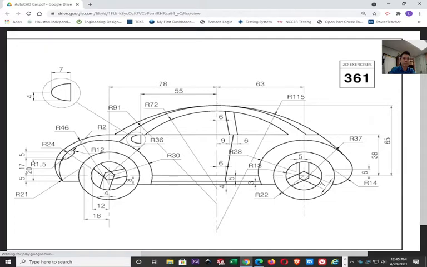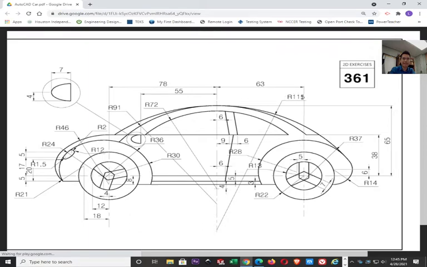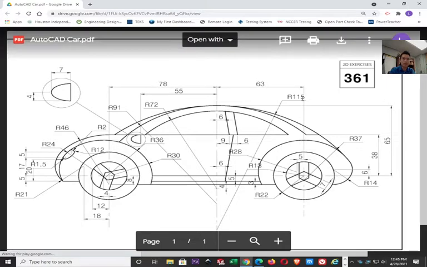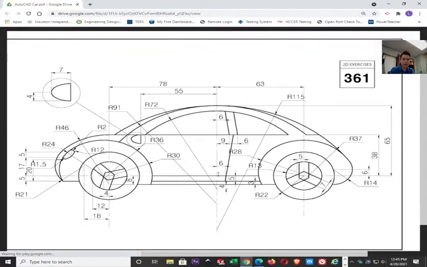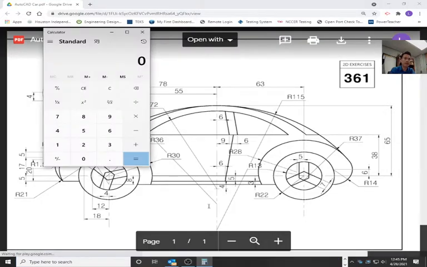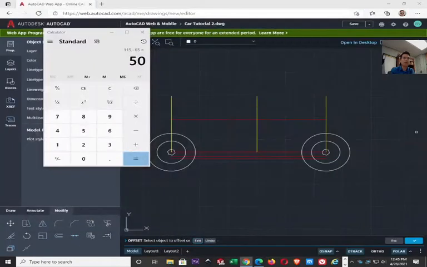Alright, we're going to draw this outermost arc first, and the radius of that one is 115. Let's follow that line down, and we know the center of that is down here somewhere. We know that from here where my mouse is up top is 65. A calculator on your computer can help you: 115 minus 65 is 50 units, right? So from where my mouse is on the drawing to the bottom, we need to have